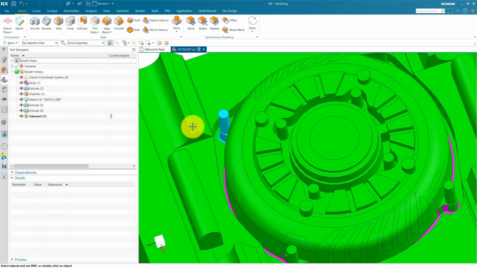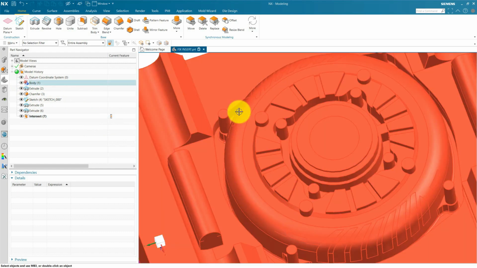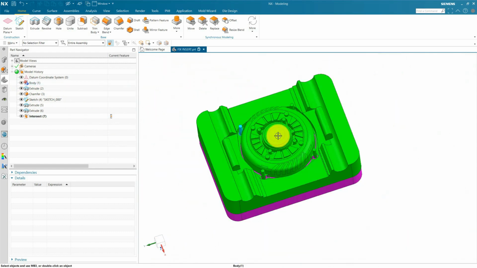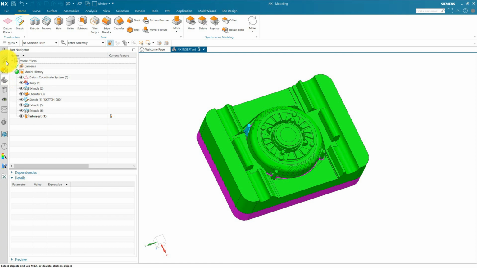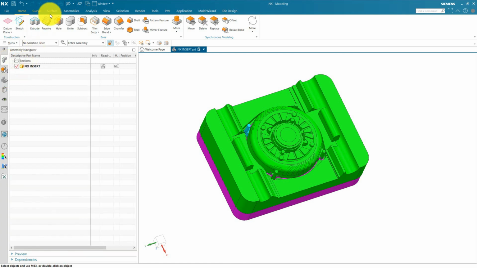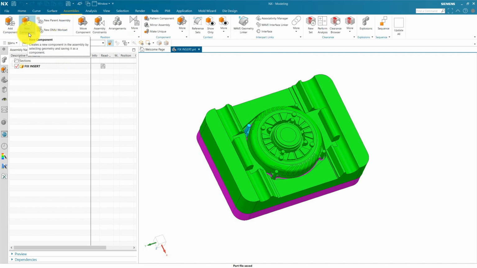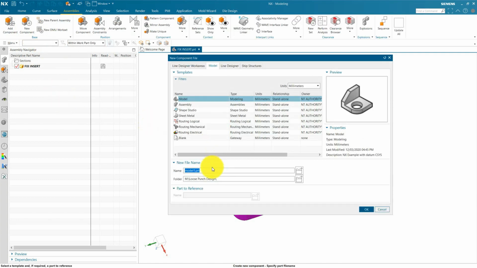We need to subtract this loose insert in our fixed insert and create a separate part for the loose punch. So go to assembly, and before saving this assembly, go to assembly and create a new part, which name we are going to provide is loose punch.